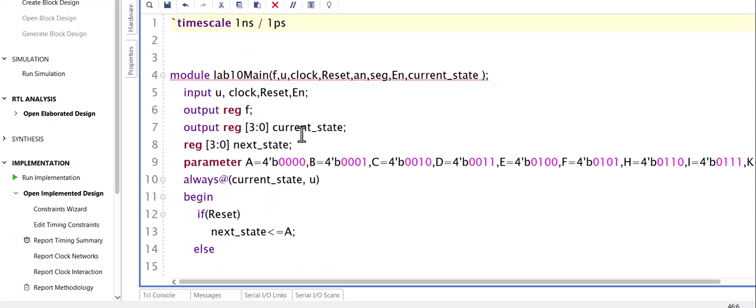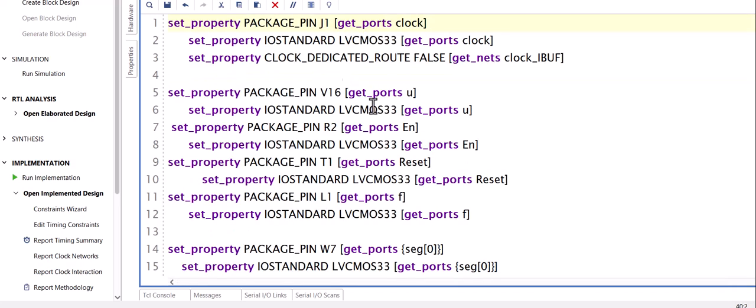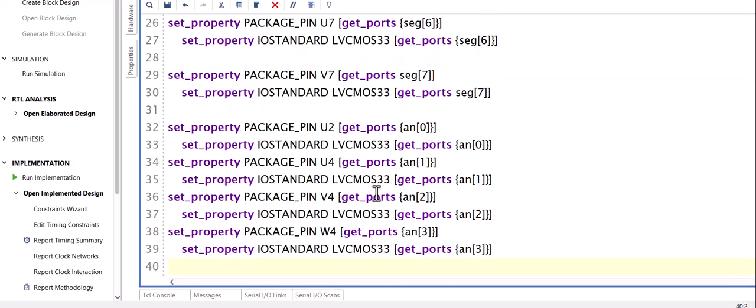Okay, so I took out my 7-segment display and I made current state and output, and then we can put in those constraints the way I suggested. Trying